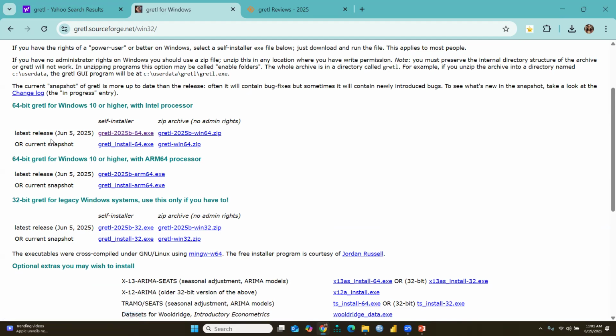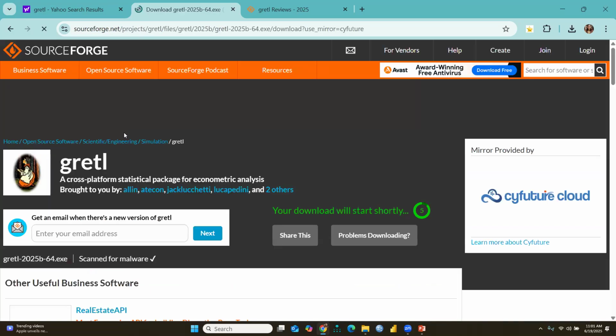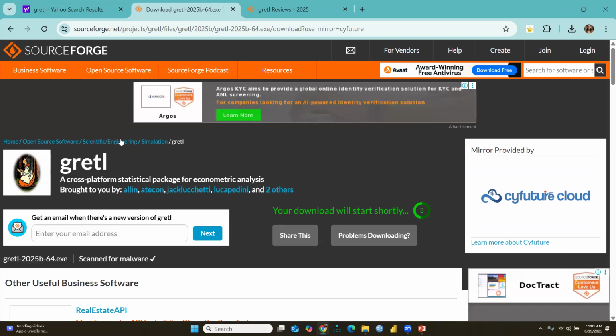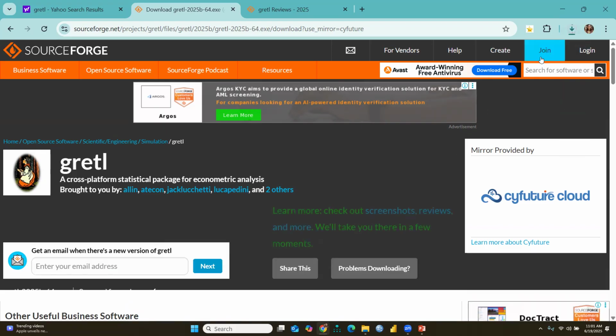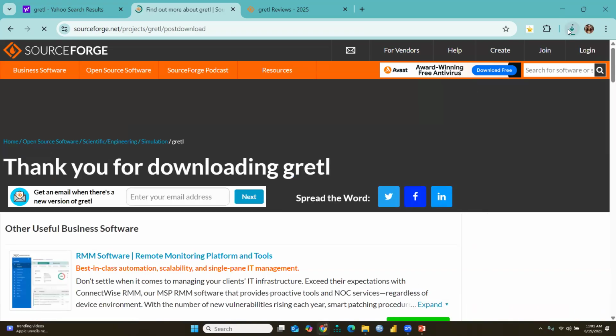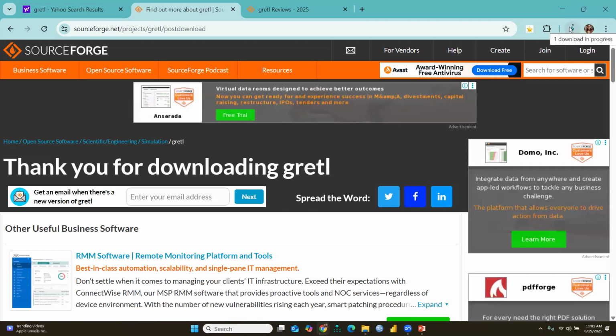This is the latest release, 5th June 2025. This is the latest version, so I'm going to click here. Now we can see your download will start shortly. And now it starts downloading. On the right hand side corner we can see one download in progress, and this circle progress you can see here. While it is downloading,